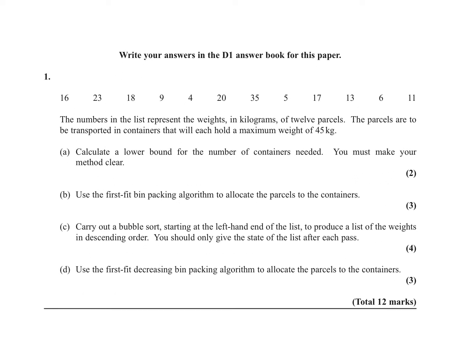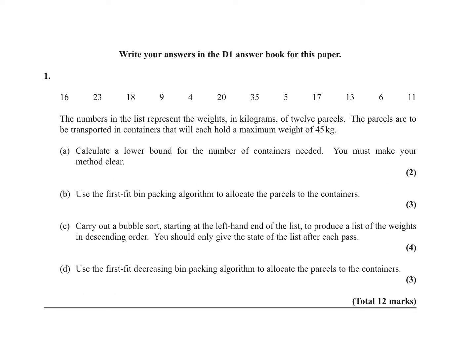So question 1, nice and easy. We're looking at this question straight away without reading it. We're thinking quick sort or bubble sort, okay? And we know whenever we have a quick or bubble, there's probably a bin packing involved. Yeah? So